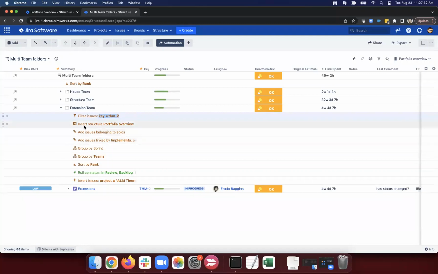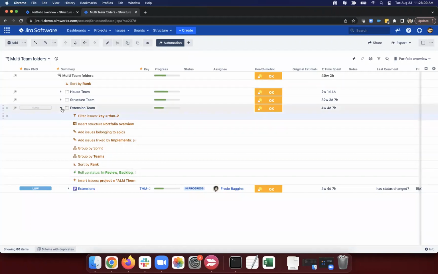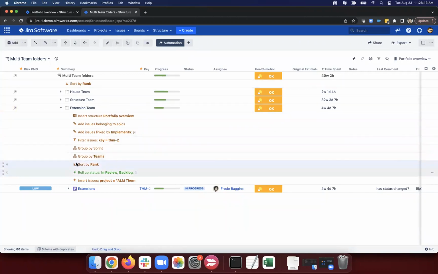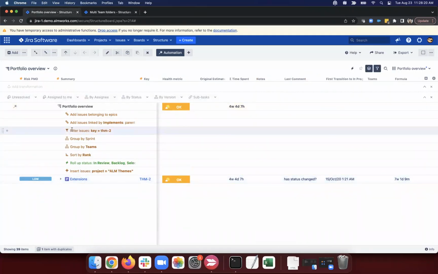The difference between this generator up top and these ones on the bottom is that all the generators on the bottom are part of the structure. So if I drag this underneath, this is now part of portfolio overview. Oh, it doesn't actually let me do that. But I think I should be able to bring this down here. Yeah. So now I've brought it in, and my filter is now part of the portfolio overview structure. And if I open this, you can see